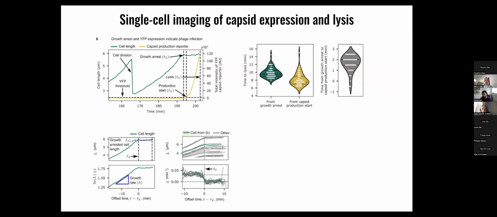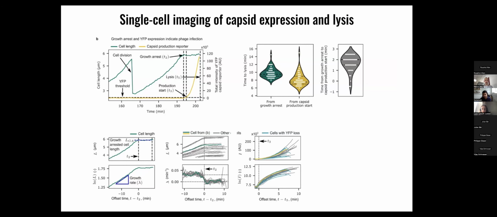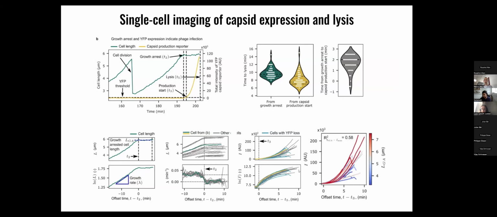While that was consistent, the amount of capsid protein produced per cell was really variable. There was an order of magnitude difference between cells. Some cells produce very few and some produce a lot. If you plot it in the log scale, you can see that this variability came partly from when the cell lysed, but a lot of it was due to the size of the host they infected. The larger the cell was, the more capsid it produced, possibly because it has more ribosomes and other resources to make proteins.